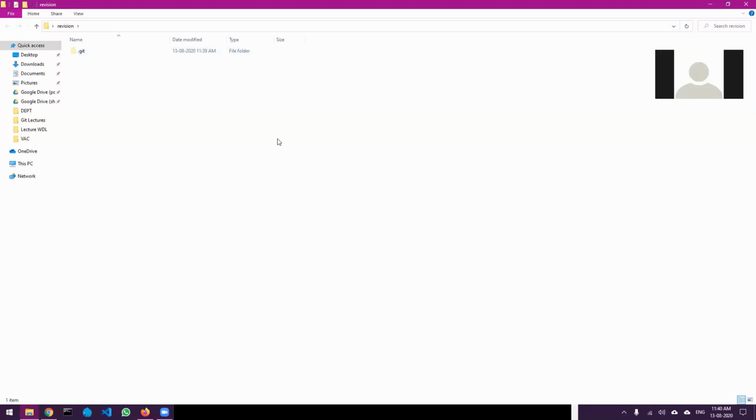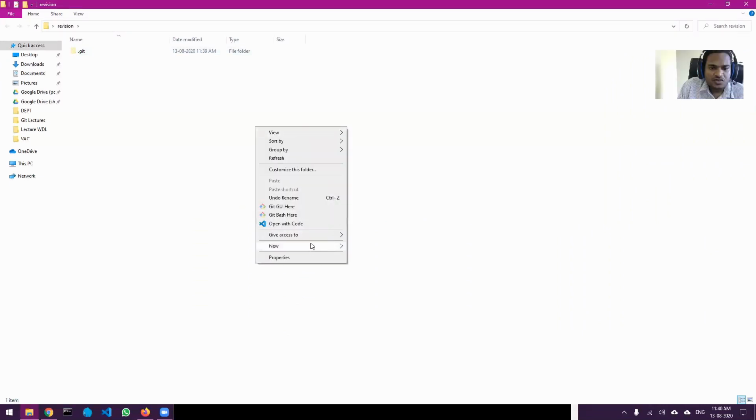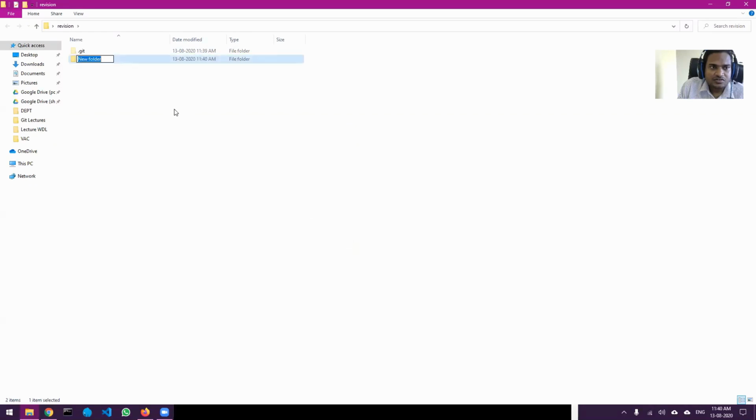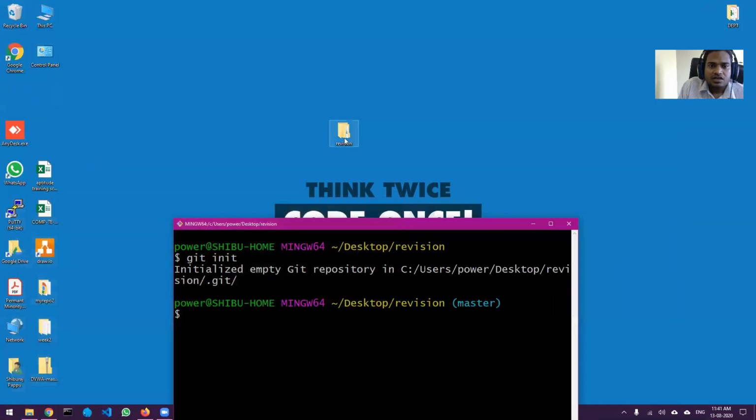So what I think you must be doing is you're creating a new folder inside this folder, let's say test, and going inside this and creating another git repo. Okay, so that may create a problem. So maybe because of that it is showing you master every time. Okay, so let me just go back and delete this. Okay, and get back to git bash.